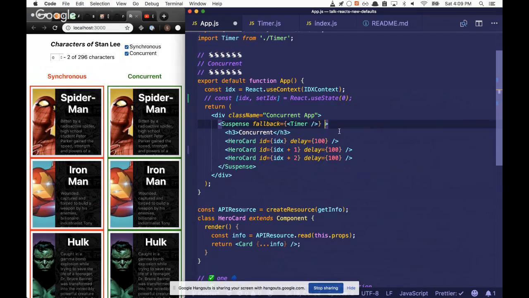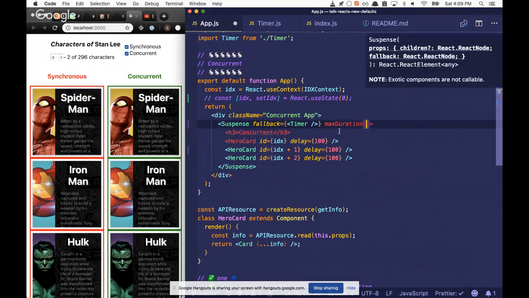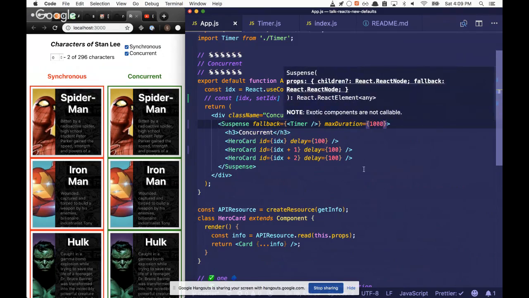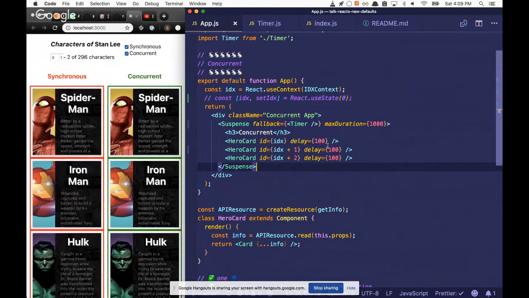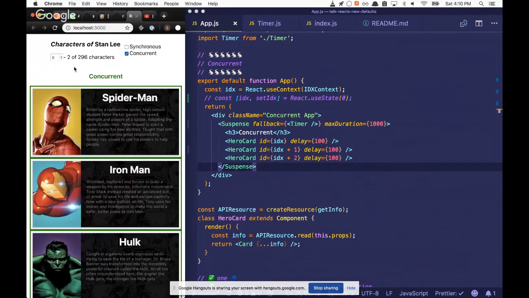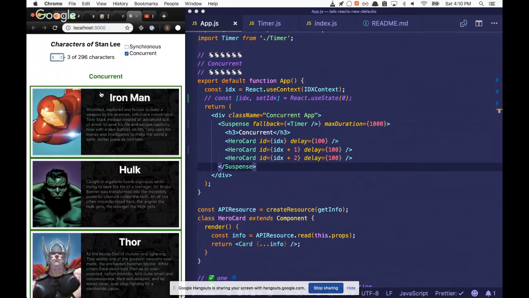If I do set it, let's say max duration equals 1,000 milliseconds, and here I have all my APIs resolving in 100 milliseconds, I know that these things are resolving quickly, but I'm still seeing that wait. I should not see any spinner at all. I should just see a pause for a tiny 100 milliseconds and then continue, because it's still under my max duration. That's what I was trying to show, and I couldn't get it to work because